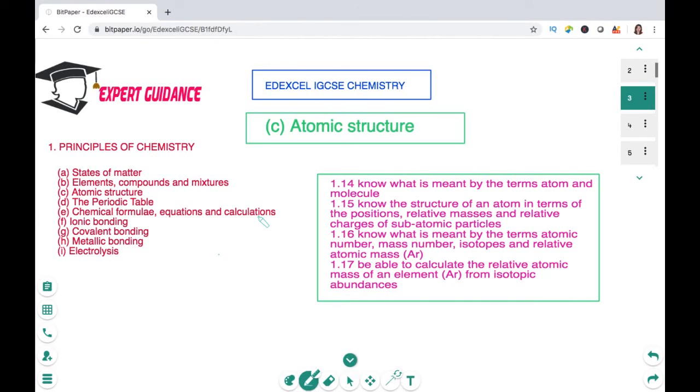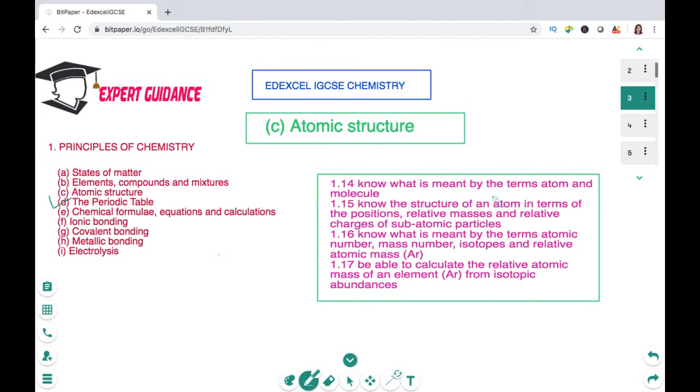Today in this video we'll be covering the section Atomic Structure of Edexcel IGCSE Chemistry, and this is topic C of your Principles of Chemistry unit. Now in this unit we'll be covering the specification 1.4 to 1.7, and in this unit we'll be looking over